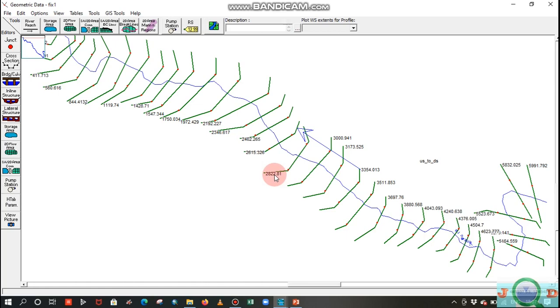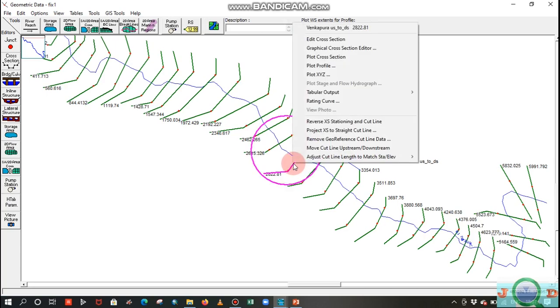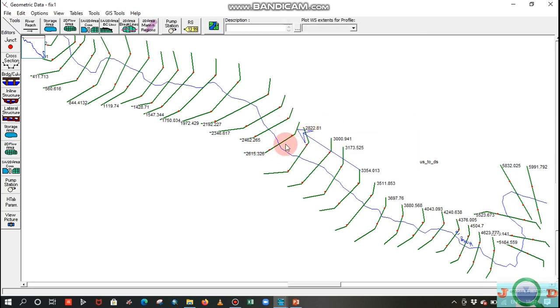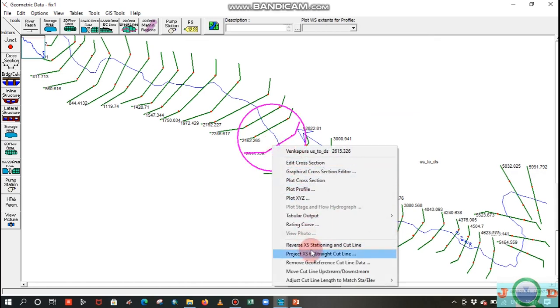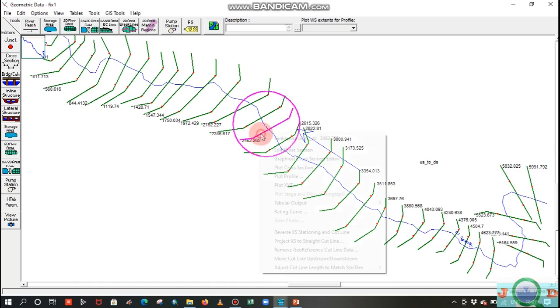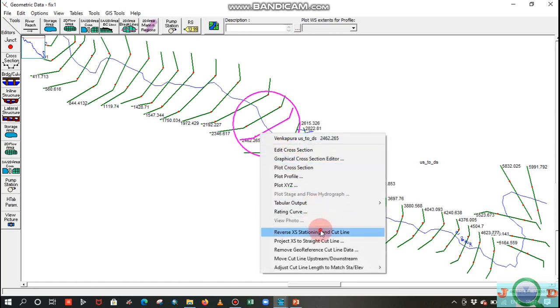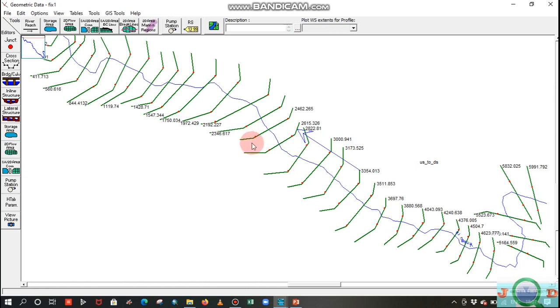I change them to the left hand side by selecting with the left mouse key and choosing Reverse Axis Stationing and Cut Line. Select it and do the same for every cross section.